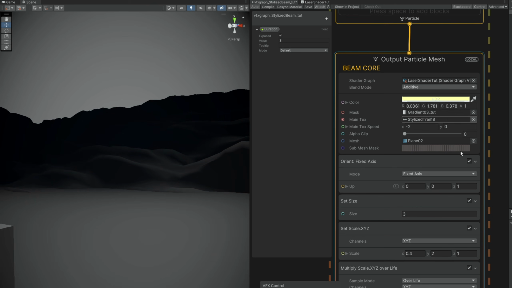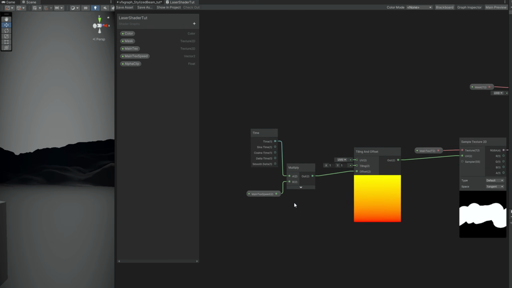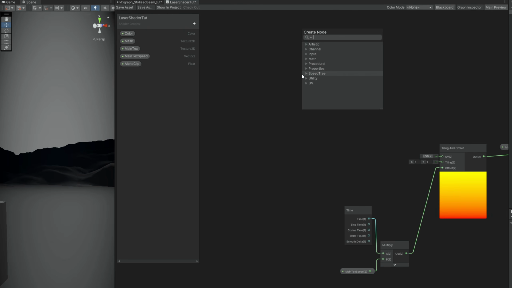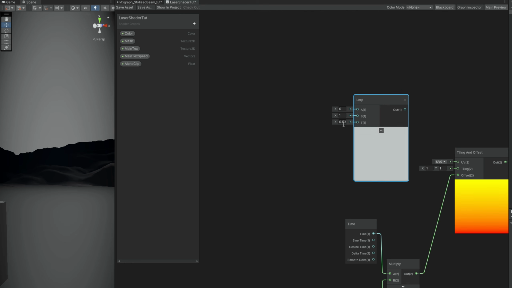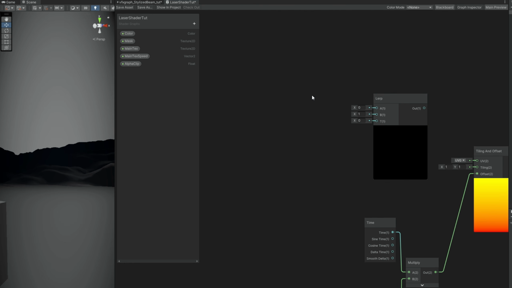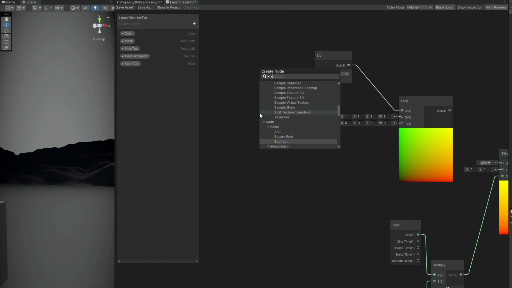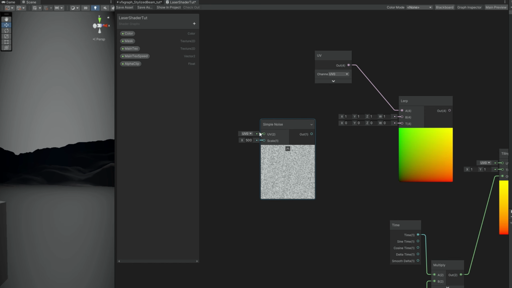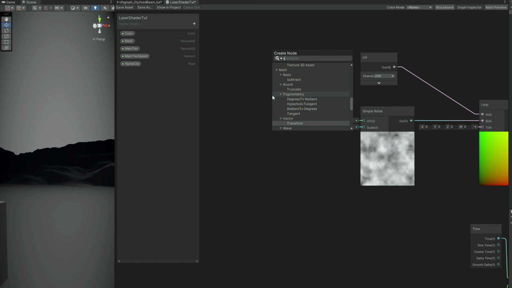Let's just make one final change to the shader. A distortion effect will look great on this. So back here, let's add a lerp node. As you can see, the T value will blend between A and B, in this case between dark and white, which means for the A option, we want to use the UV node. It represents no distortion. And for the second option, the B, we want a completely distorted effect. And we can do it with a simple noise. We can set the scale to 30 for now and connect it to the B.